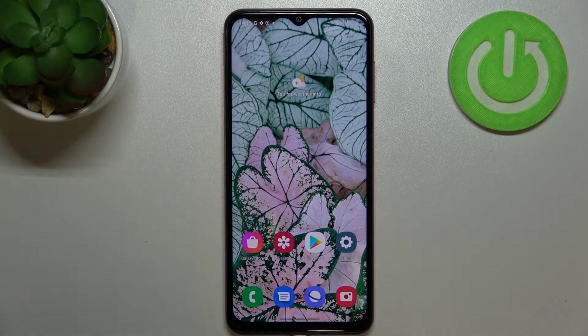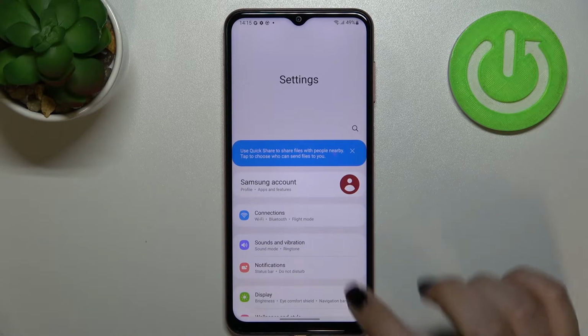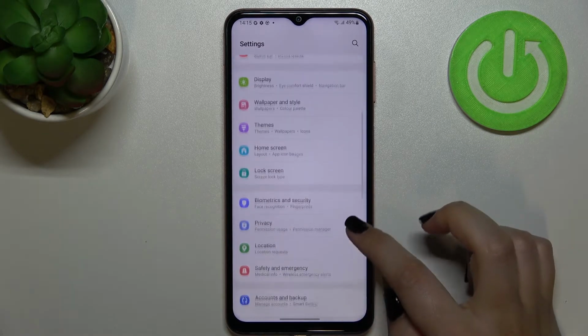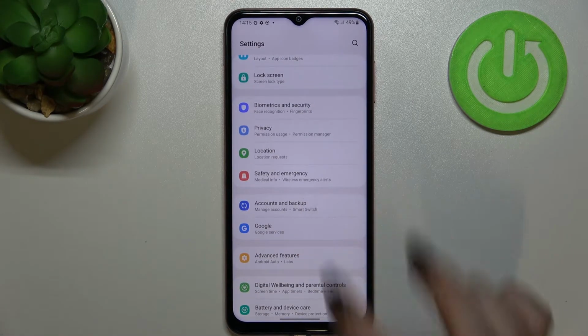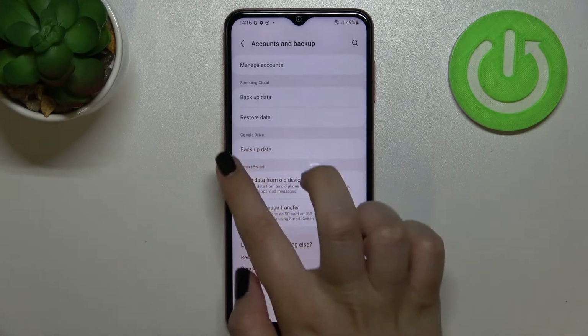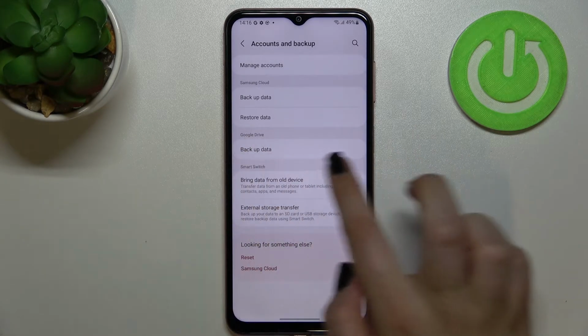Hi everyone, in front of me I've got Samsung Galaxy M13 and let me share with you how to enable Google Backup on this device. So first of all, let's enter the settings, and here we have to scroll down in order to find Accounts and Backup. Now let's tap on this backup data, which is in the Google Drive section,